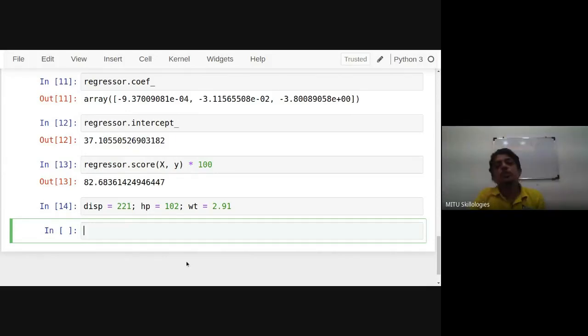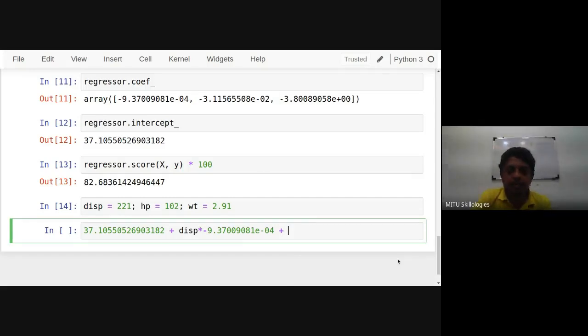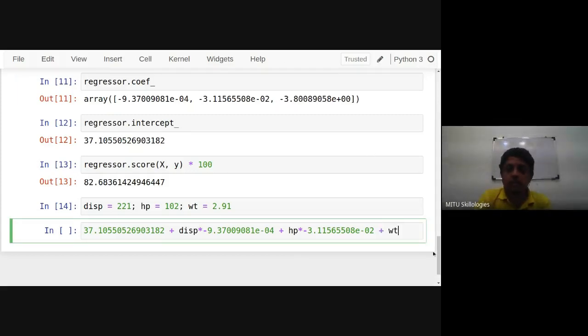So the mileage of this car is y is equal to a plus, so we have this intercept, plus this value multiplied by displacement, plus the second coefficient multiplied with HP, plus this value, since we don't have anything raised to a power there, I'm directly taking it, multiplied by WT, that is the weight.